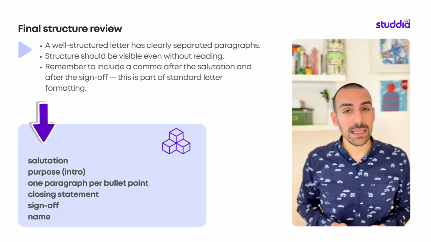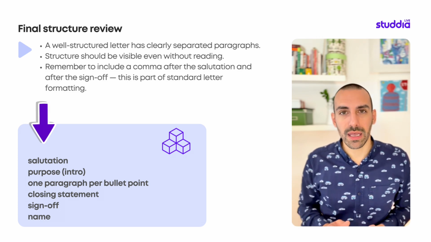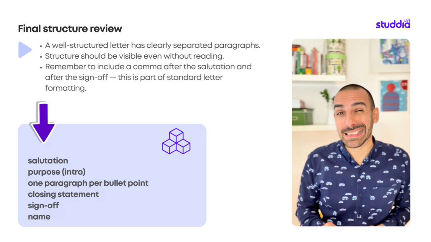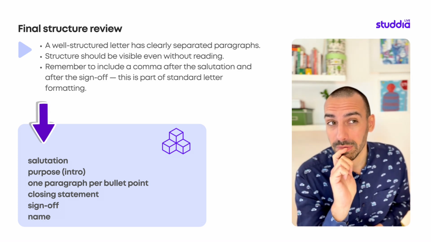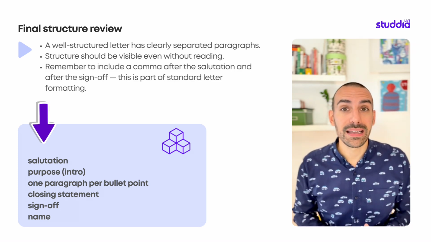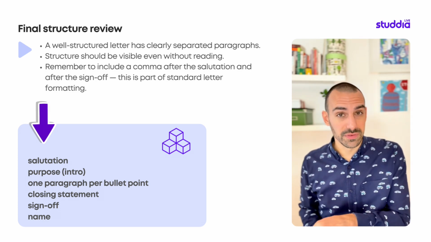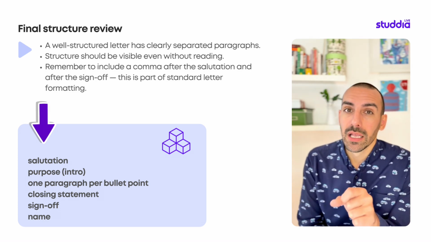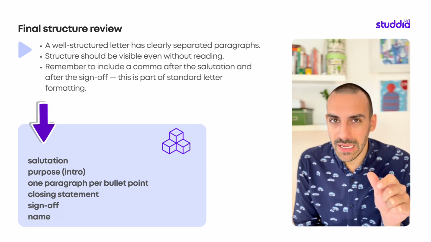Now, you don't need to leave a full blank line between paragraphs. Don't do that. But you do need to indent, which means to leave a small space at the beginning of each new paragraph. And finally, at the end, you need your closing line, that final sentence before your sign off, and then your sign off itself. Usually, you will leave one empty line before the sign off phrase and then